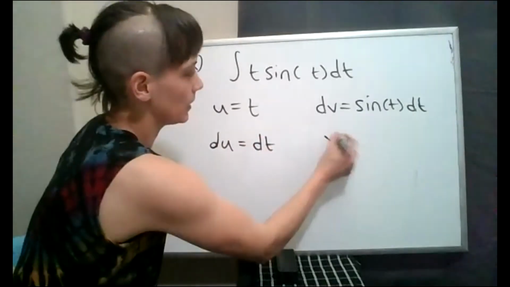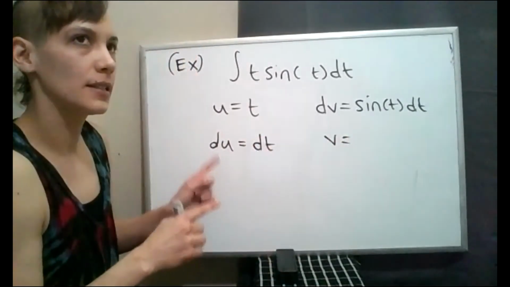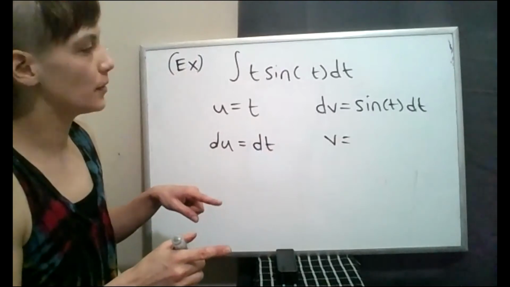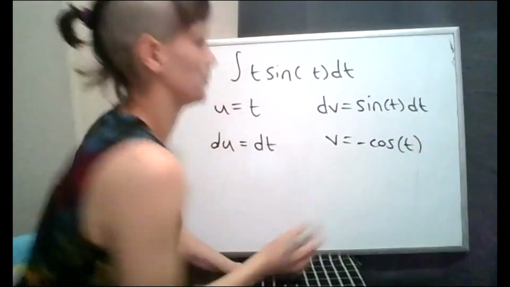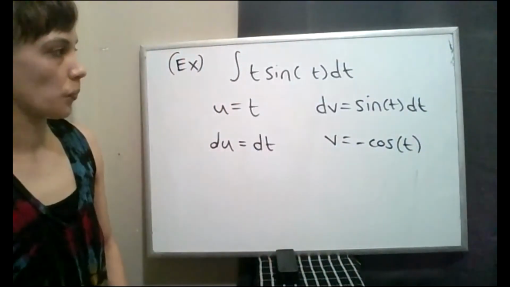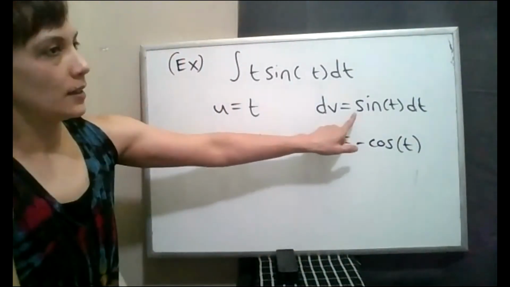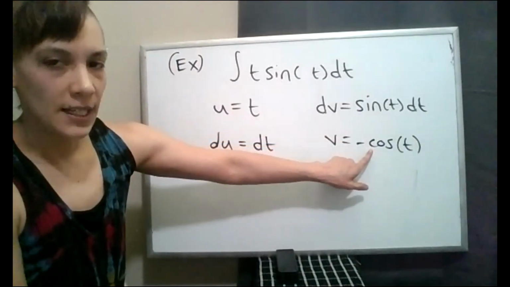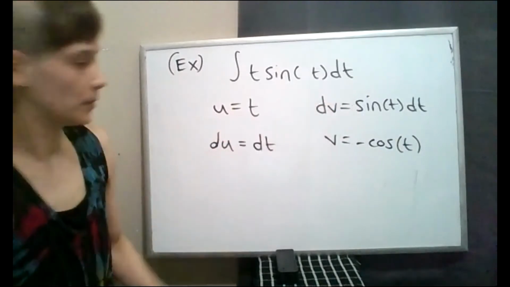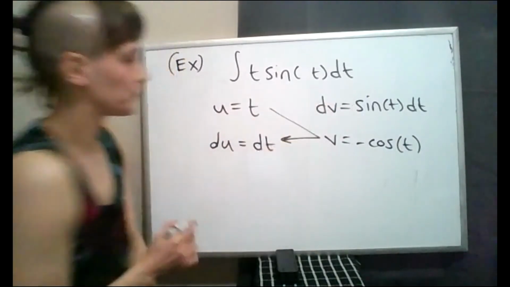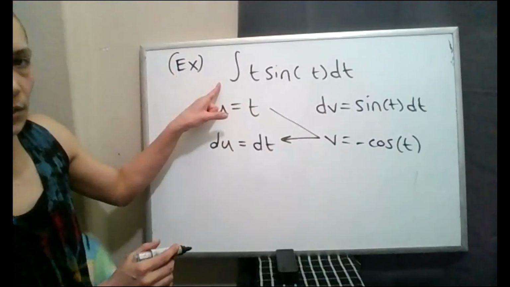And v is negative cosine. So derivative of cosine is negative sine, and that other negative there gets you back to that positive sign. There and there. This integral is equal to